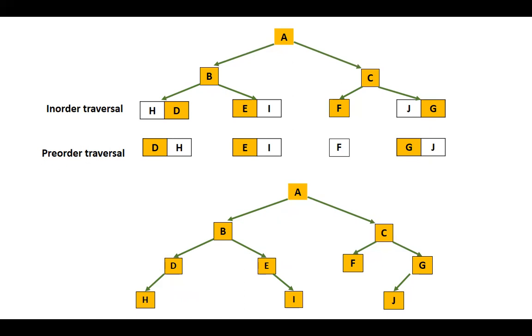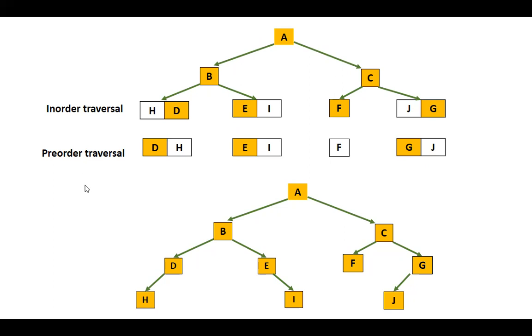It's very simple, in fact. The best part is that pre-order always gives you the root. The first or the leftmost element of pre-order traversal always gives you the root. And in order gives you the left subtree and the right subtree. Why? Because root is always in the middle. I hope this is clear. That was creating a binary tree using in order and pre-order traversal.